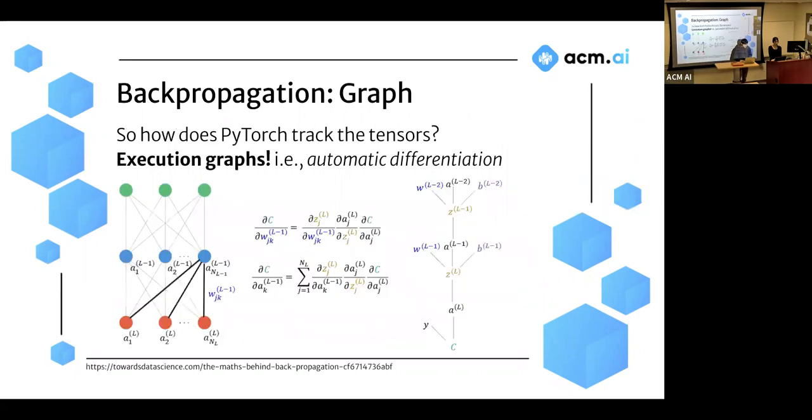Okay. So the way PyTorch tracks tensors is with something called execution graphs. And again, this is a very abstract version of it, right? But PyTorch basically keeps a version of this in its backend that you don't see. They abstract all of this away and it's stored in pieces within these tensors. For example, if you have a fully connected layer tracking a bunch of neurons, you're able to have this sort of backpropagation layer where